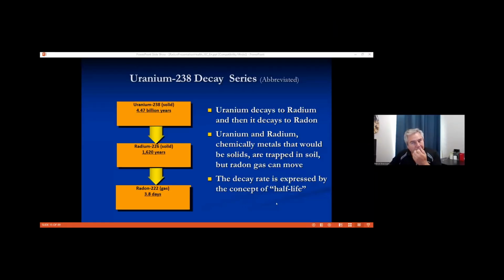I'm just going to share my screen again. So that's the concept of half-life. So here, radon is 3.8 days. People ask me sometimes, when I'm doing radon mitigation work in a home and I tell them it's coming from the ground underneath your concrete floor slab, well, how many years is it going to take for that to disappear from underneath my house?